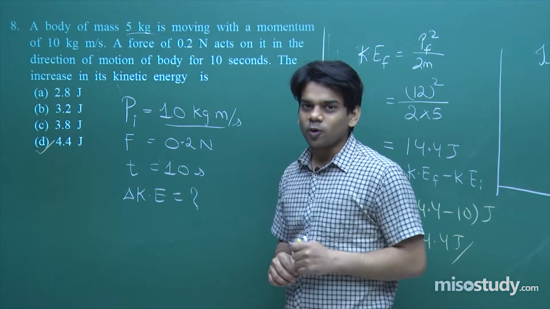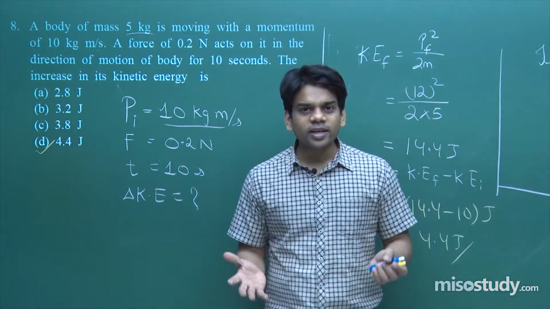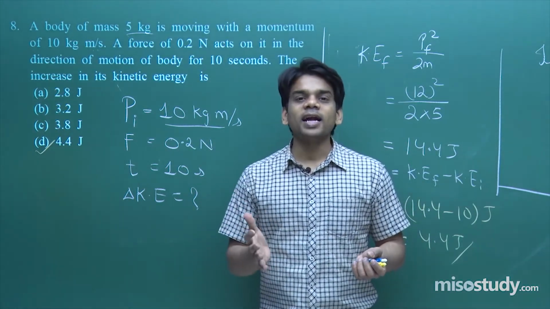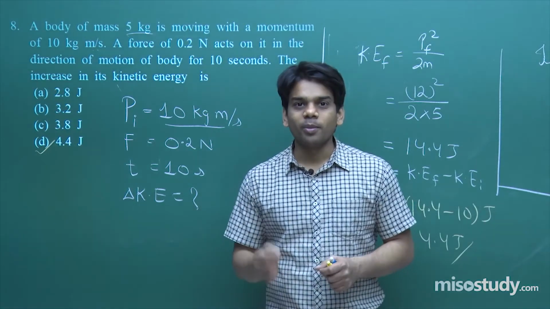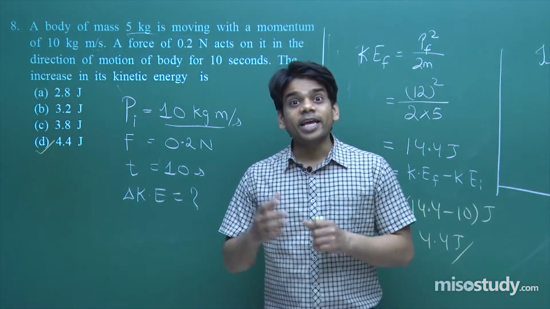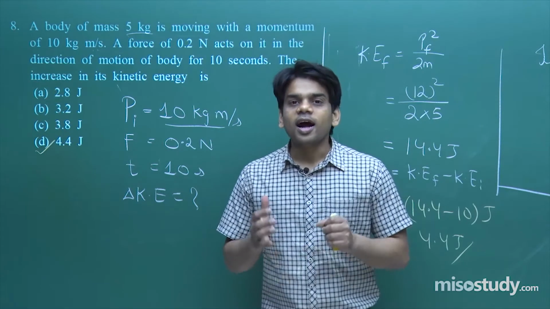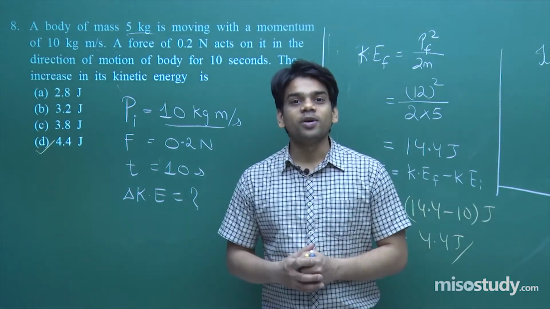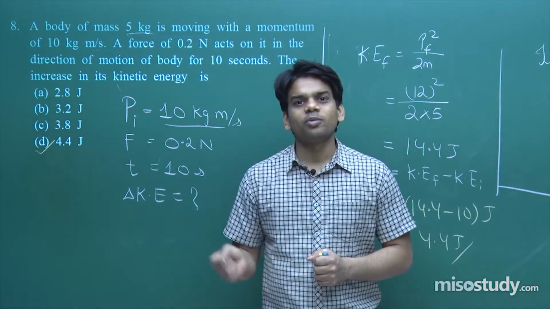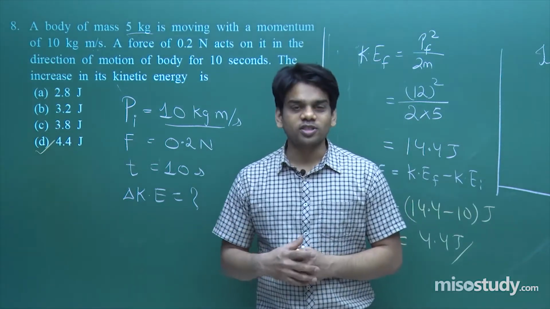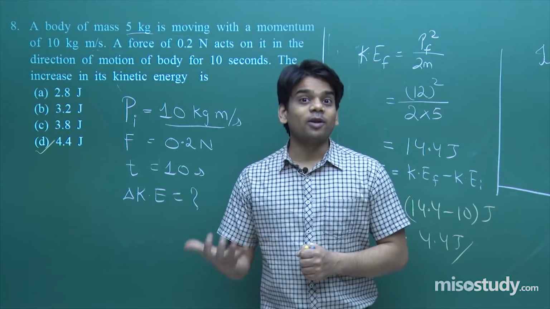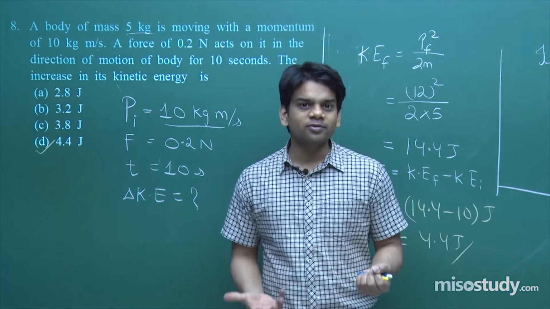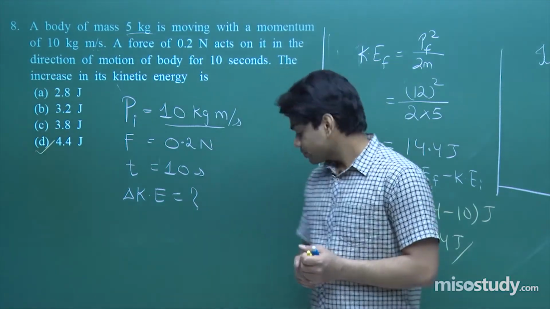I believe that you understood how to solve such things. So if momentum is given, you know that the kinetic energy is P square by 2m. Remember this formula that will be required. And if force and time is given, understand how to evaluate the change in momentum. Change in momentum will always be force into time, and force is rate of change of momentum. From there also you can make out what is the change in momentum. And then you can evaluate the kinetic energy, then difference in kinetic energy will give you the work done.